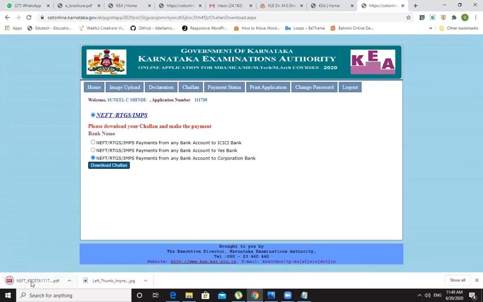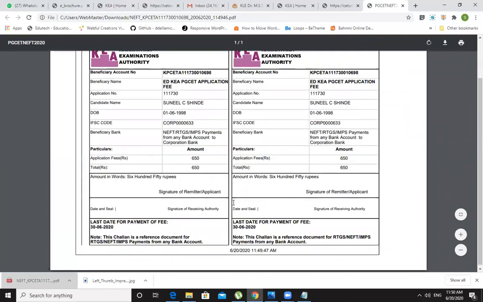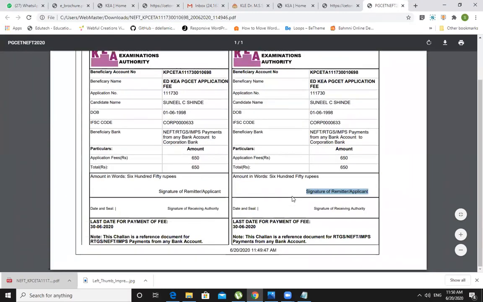Fine. So here you can see that the challan has been downloaded. Fine. I'll open it up and verify it once again. You can see that this is a candidate copy, my name, my date of birth, Corporation Bank, IFSC code, amount, fine, 650. Here you need to put a signature above this one before submitting this challan to the bank.